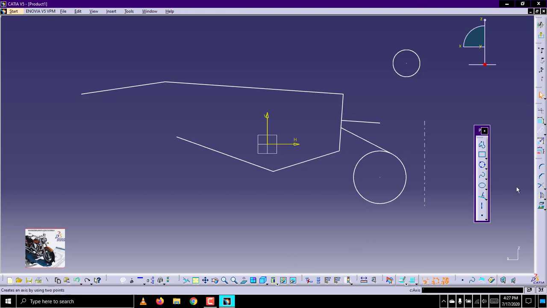Okay, so when we go to the dimensions now, this is the basic option for dimension like this. Okay, so I will be clicking this for dimension. I have to select this and then